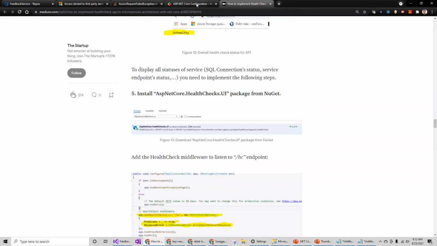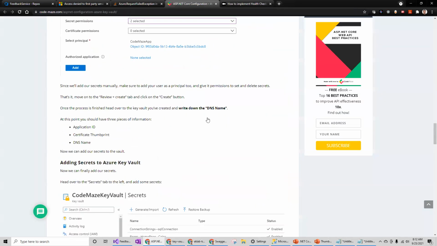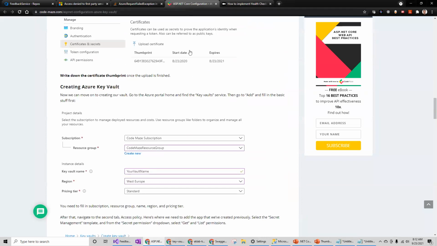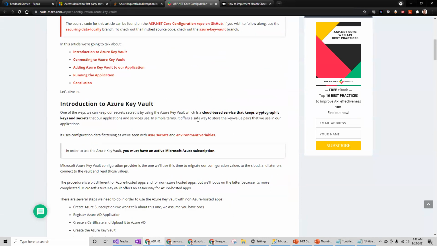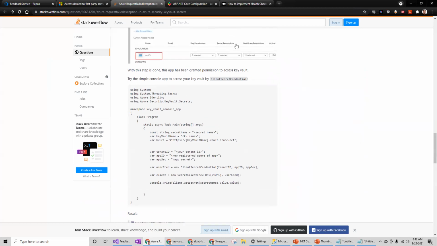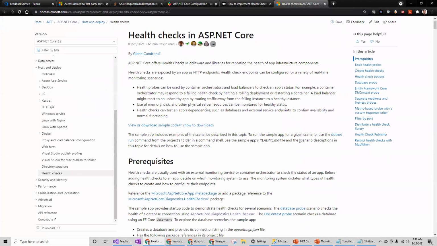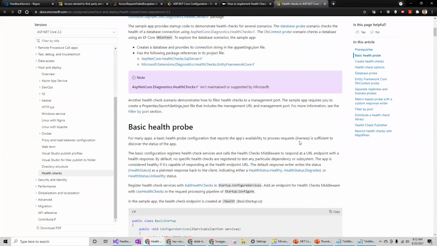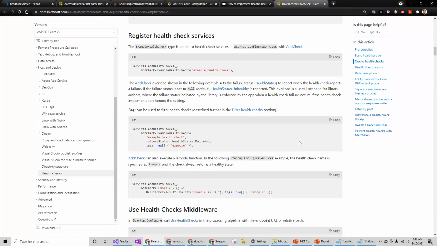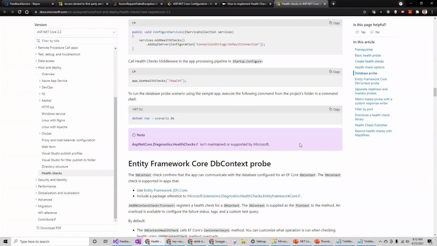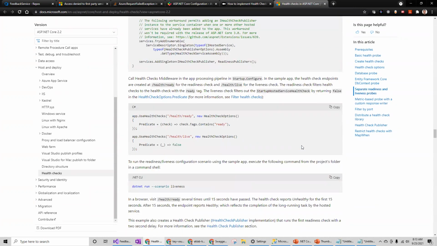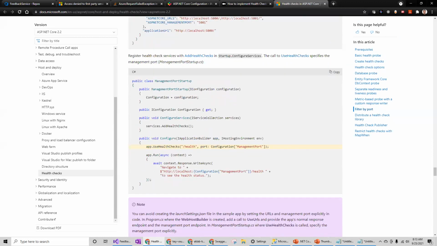So let's begin this. I also have this one, which is Key Vault related. Okay, yeah, this is another article. The MSDN article is also useful to understand what the health check is and what the different options and NuGet packages are for configuring the API health check.